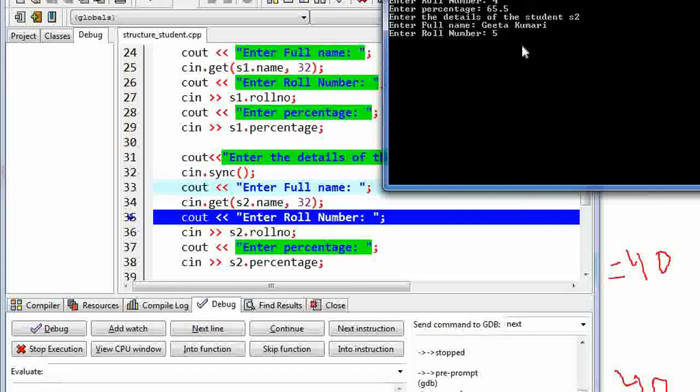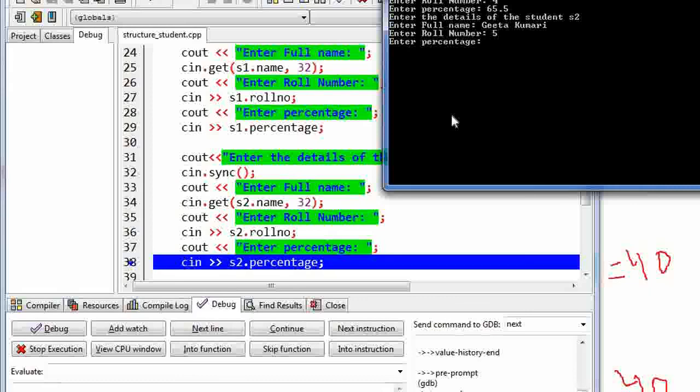I am pressing enter. This blue color, this active breakpoint, will move further. Okay, see, they are asking for s2 dot percentage. Now it is waiting for me, because we will be able to see the output again.